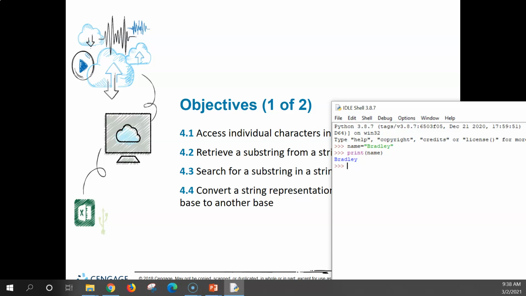But to be effective, I think I'm going to have to do some other things with that. Because in our world so far, Bradley, if I have it with a capital B, is not the same as, so if I said name2 equals,